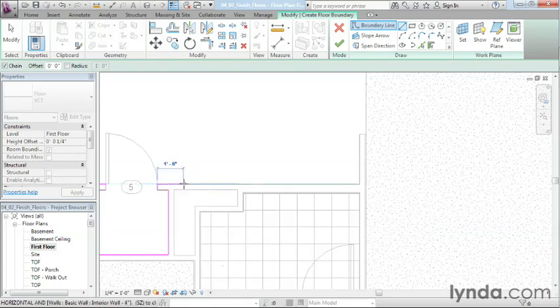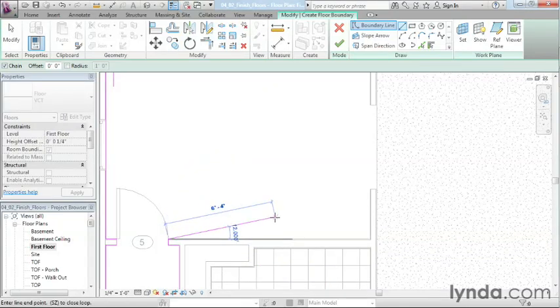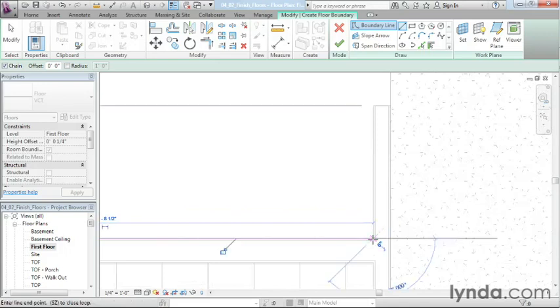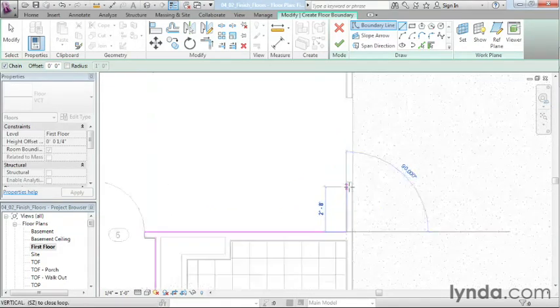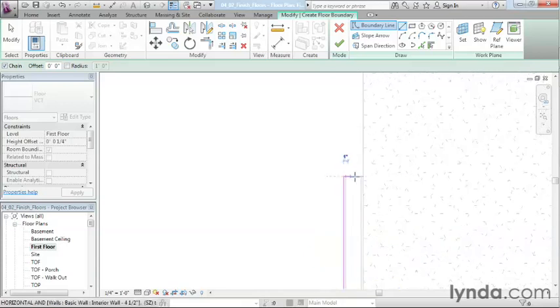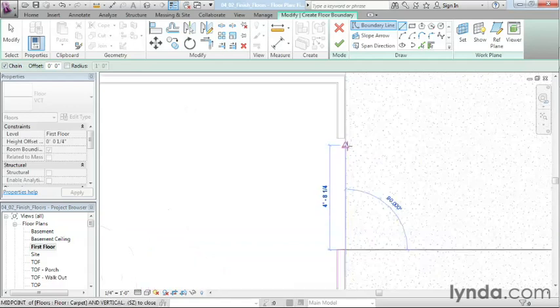This is another spot where I have to make one of those decisions because there's going to be cabinetry right here as well as up here. Do I want to put this tile floor underneath it, because really when you're constructing it, you wouldn't. I'm going to make the same decision that I made down here. Because I'm not going to see it, I'm not going to be taking material quantity takeoffs off of it. I'm going to place it underneath my cabinetry,